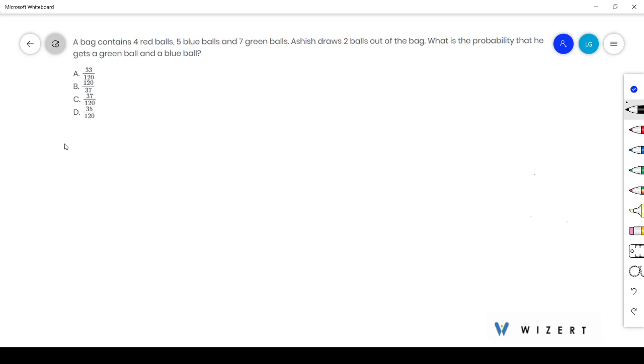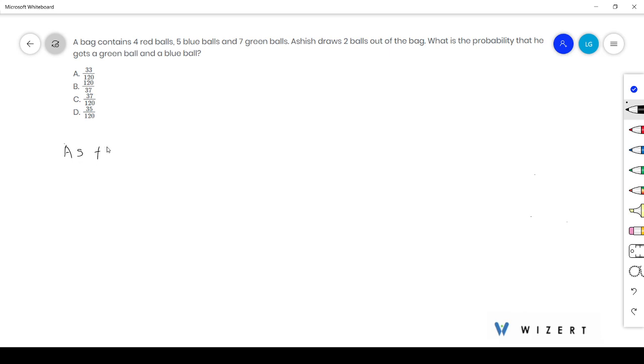Our question is, a bag contains 4 red balls, 5 blue balls and 7 green balls. Ashish draws 2 balls out of the bag. What is the probability that he gets a green ball and a blue ball? Here,